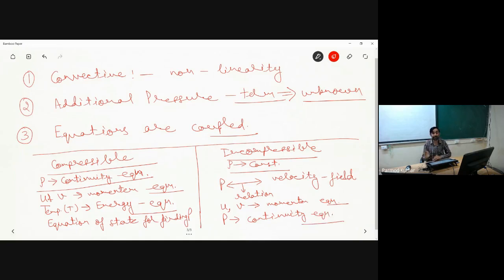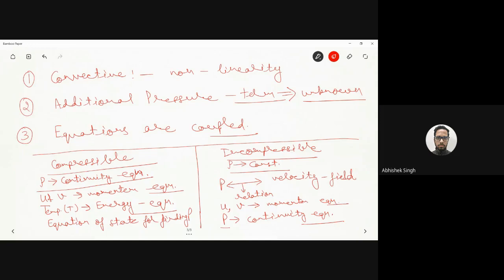There are some approximations provided by different scientists, which actually couple the pressure with velocity. Upon coupling pressure and velocity, when we substitute these relations into our continuity equation, that continuity equation finally converts into a complete pressure equation. With that pressure equation, we will be able to find the value of pressure. How we will do that, we will discuss in detail. Up to this point, whatever I want to convey, I am conveying over here. Is it okay? Are you able to get it?